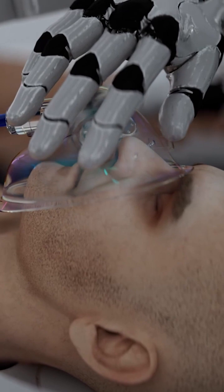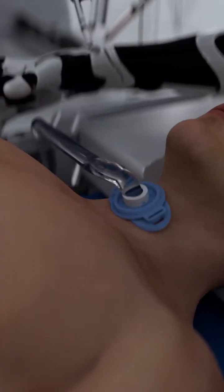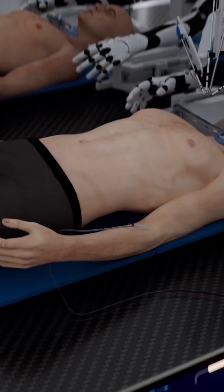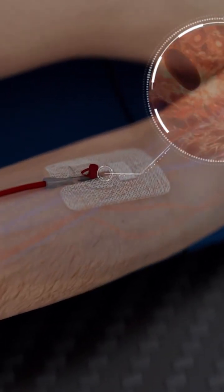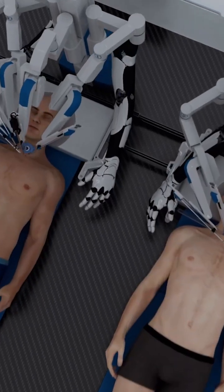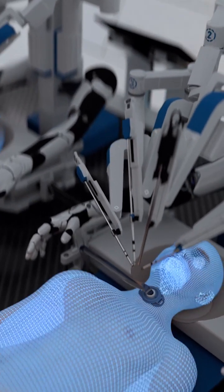General anesthesia is administered to both the recipient and the donor. Both patients undergo tracheotomy, with a tube inserted into the trachea to provide respiratory support and facilitate mechanical ventilation. Our proprietary artificial plasma solution is administered to both the recipient and the donor. This solution is designed to keep the brain and body oxygenated, prevent clotting, and allow for safe operation at low temperatures. The recipient's head and the donor body are cooled to approximately 5 degrees Celsius to reduce potential brain damage